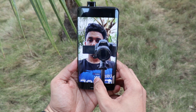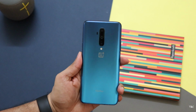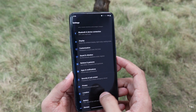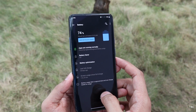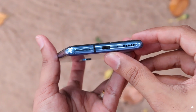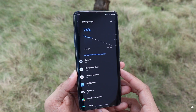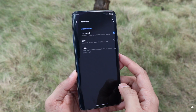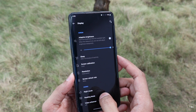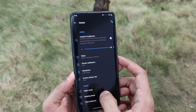So overall for the cameras, as of now they're not the best, but still not the worst too. It's somewhere in the middle where you can take pretty good shots. Now this phone does offer more great stuff like really fast charging, with which you can charge more than 50% of the battery in less than 30 minutes. And that's great because the battery life is just fine. That's mainly because of this power hungry display, and I did use it with 90Hz refresh rate, and that did affect the battery, and therefore I usually hit below the 10% battery mark